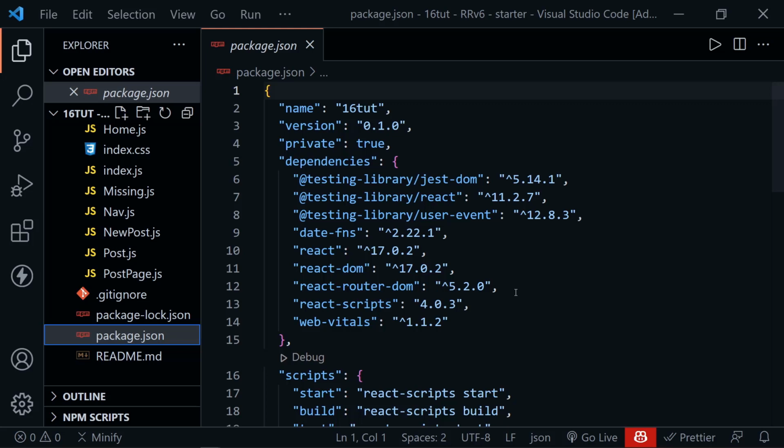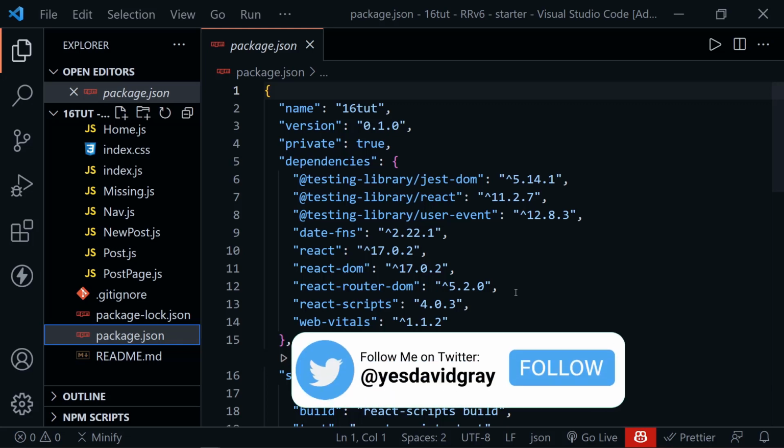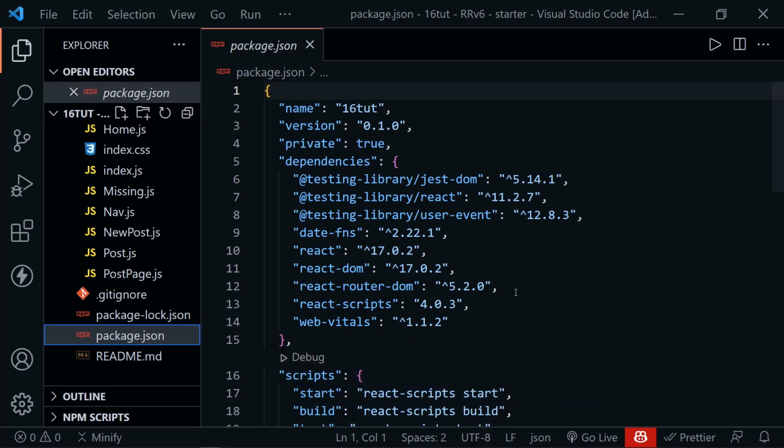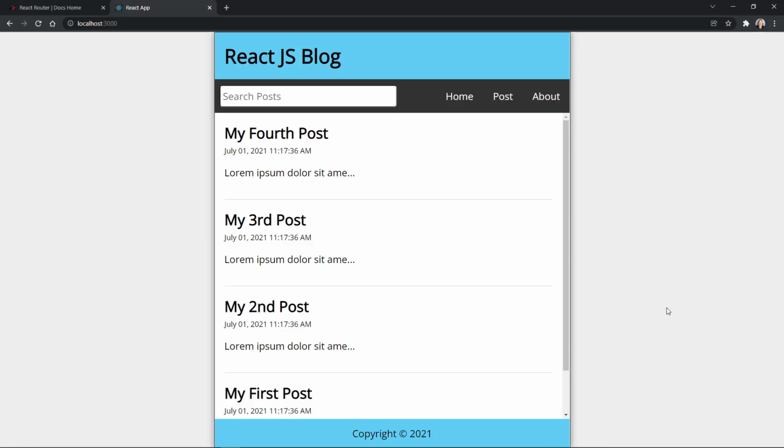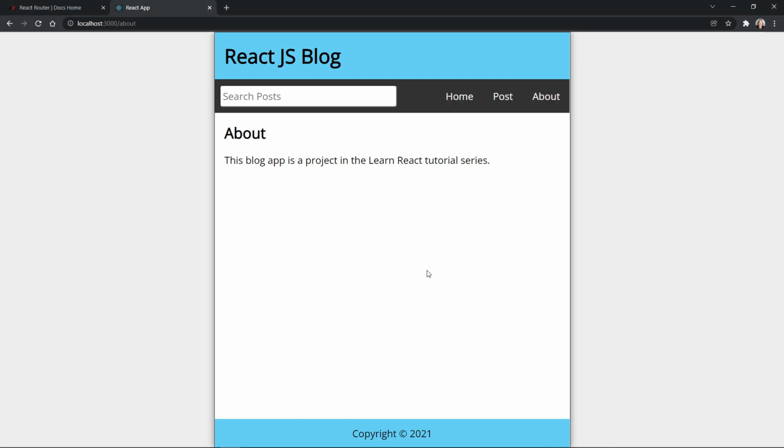And React Router allows your React application to have multiple pages, like a normal website with different URLs that you can navigate to. A quick look at our React.js blog from my React.js for Beginners course. And you can see it's got a few posts here. We can go to an About page, and this is all enabled by React Router, allowing us to change the